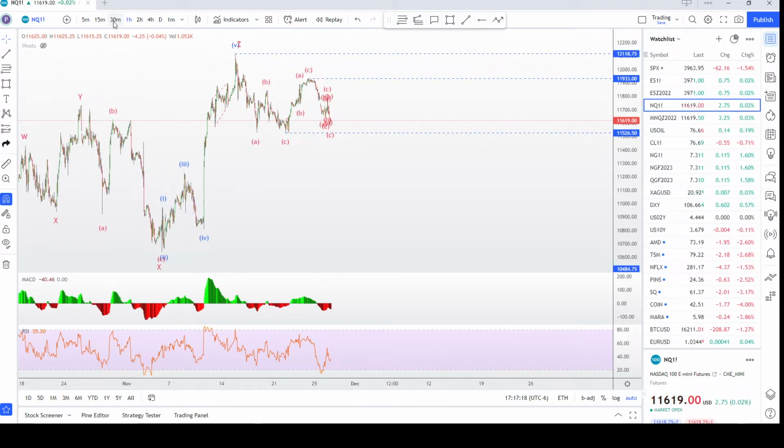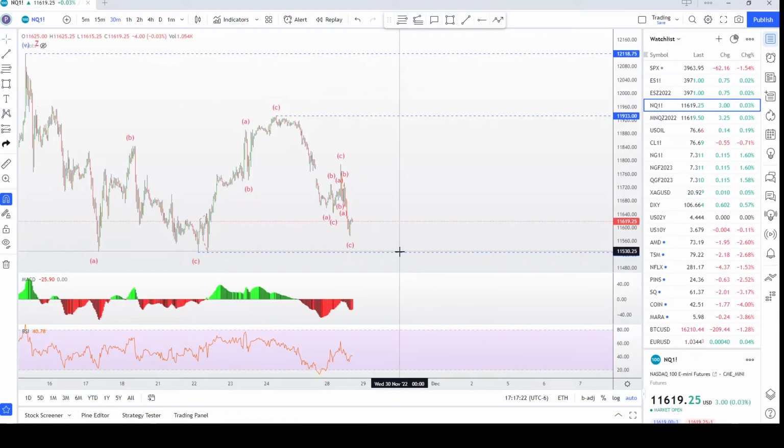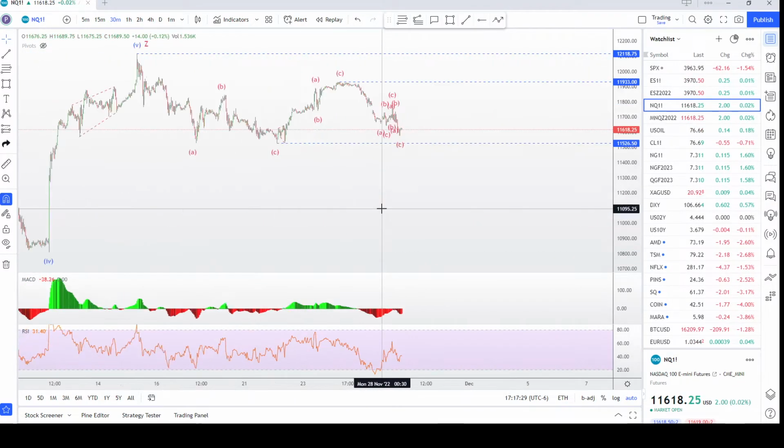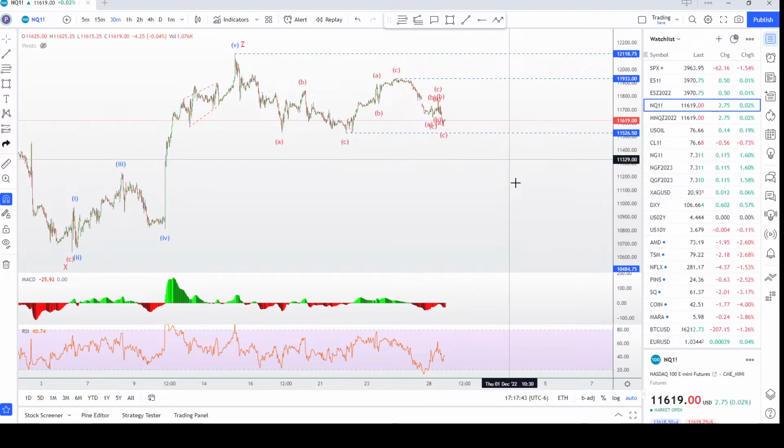But to me, the Nasdaq came down so low today that I would think this leading diagonal might even take this low out. So this is almost looking more like maybe this is ABC for a 1. This is ABC for a 2. This is creating a 1, 2, 3. That could be a 3. And then we're going up for 4 and 5. And we're creating a really big leading diagonal.